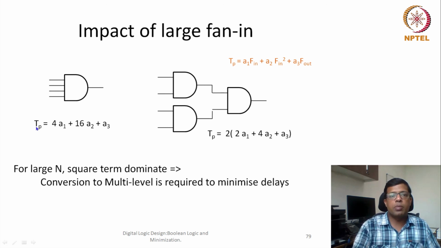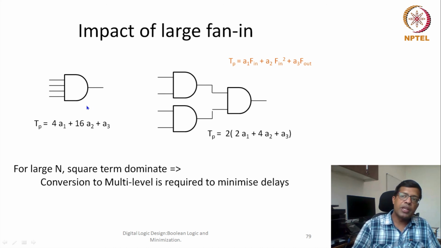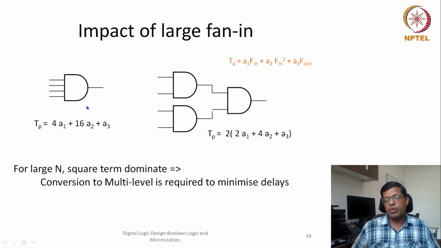So let's say if the number of inputs is 8, then 3 stages would be sufficient. In the first stage, the number of gates would be 4, and then in the next stage there would be 2 gates, and in the final stage there would be 1 gate. So this way, in 3 stages we would be able to create that particular implementation of an 8 input AND gate, and delay wise it's going to be much more efficient. Yes, certainly there could be more area in this implementation than the other implementation. So that's a trade-off: if we are focusing on delay, then this multiple stage implementation could be good.